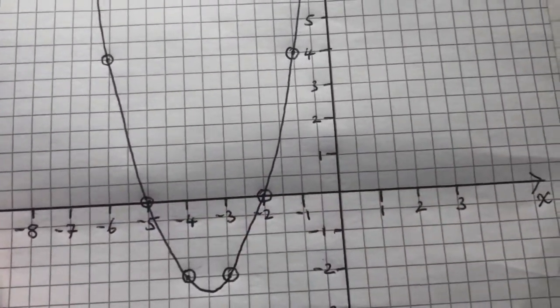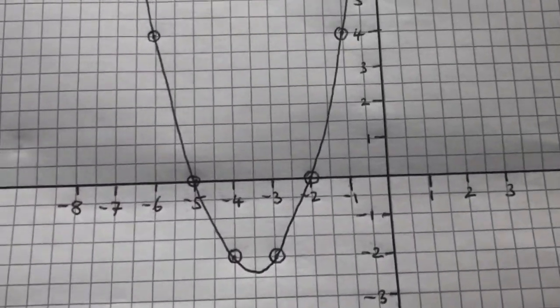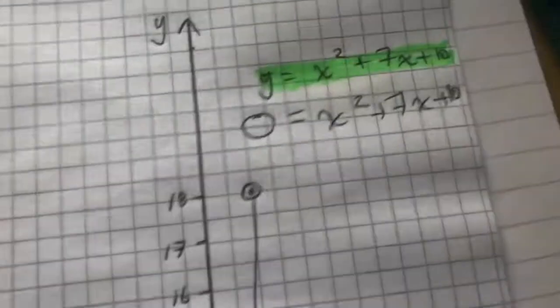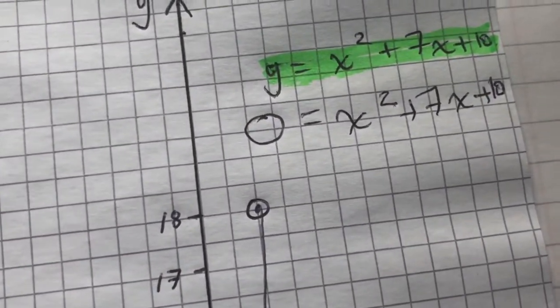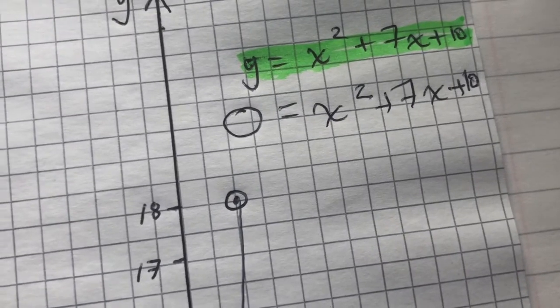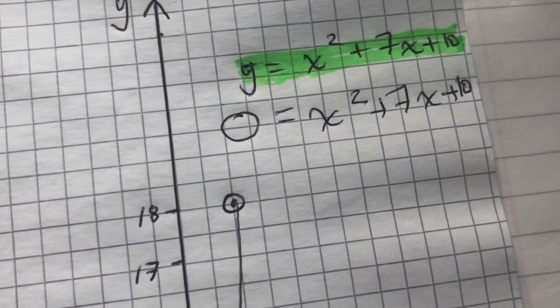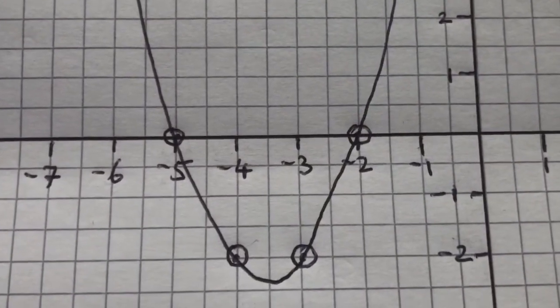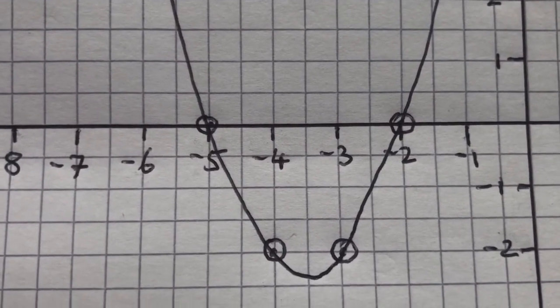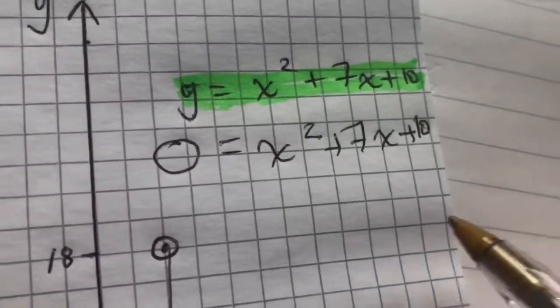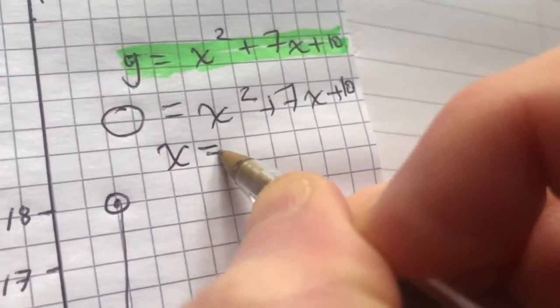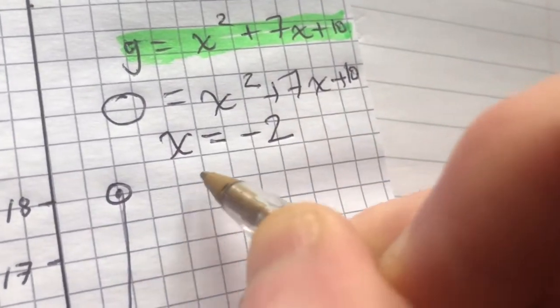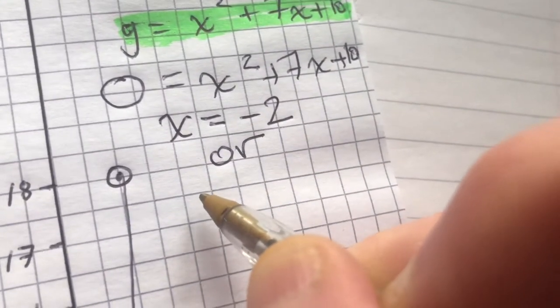And so another name for the x-axis is just the line y equals 0. So if you make y equal to 0 in an equation, then you'll find out where the graph crosses the x-axis. So the solution to our equation, x squared plus 7x plus 10 equals 0, corresponds to those two x's there, minus 2 and minus 5, where the graph crosses the x-axis. So by my graph, I can solve that, which is x is minus 2,